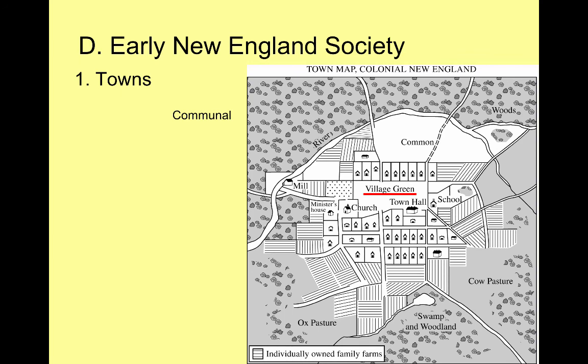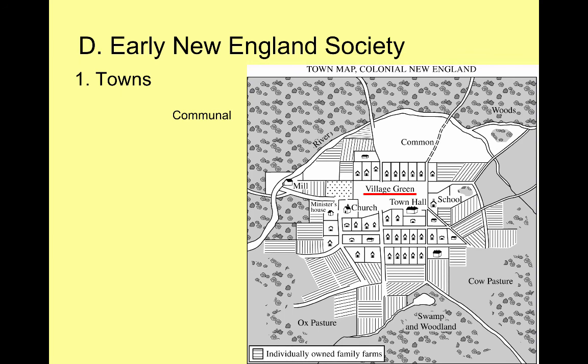Unlike in the South, where they're too spread out to have very many towns, New England society is based around towns. So if we're talking about Rhode Island or Massachusetts or Connecticut or New Hampshire, these New England areas are centered on towns. If you remember, we had talked about the Pilgrims and the Puritans. They came as a group. They wanted to stay together and form a perfect religious utopian community. And so from the very beginning, they're focused on community and setting up a town. And so they are clustered here together, and it's very communal. They support one another. So much different than the South.